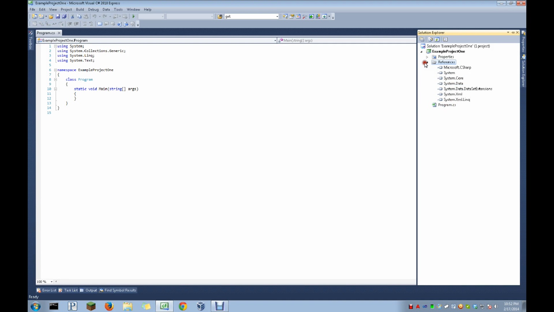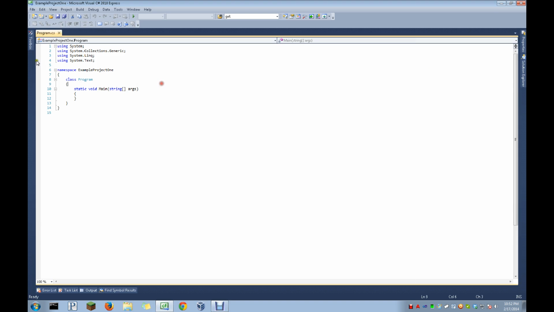And Program.cs is the one file that you actually have that references the code in your program to start with. Program.cs is the general name that your program will have for the first piece of code to run in the entire program. We're going to take a look at that now. Okay, everything that you see in blue is known as a keyword. What's in black is simply informational text,